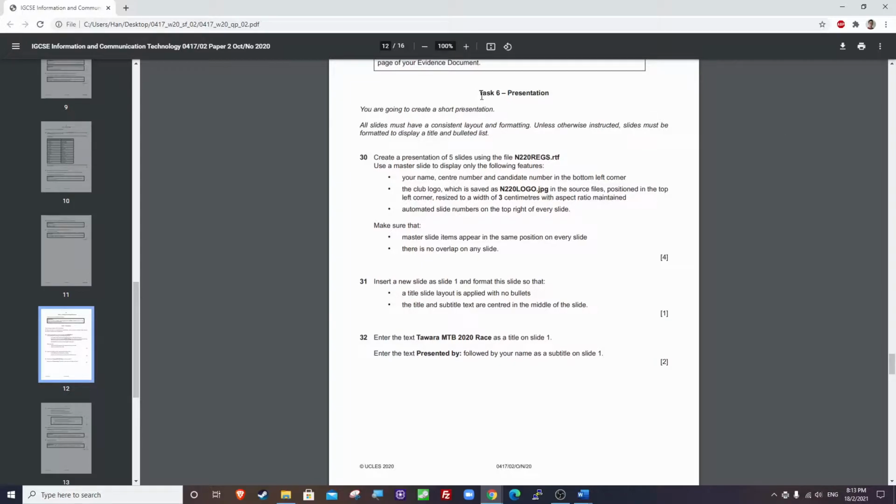Now we are going to work on PowerPoint or presentation authoring. You are going to create a short presentation. All slides must have consistent layout and formatting. Unless otherwise instructed, slides must be formatted to display a title and bulleted list. Create a presentation of 5 slides using the file n220rex.rtf. Use a master slide to display only the following features: your name, center number, and candidate number in the bottom